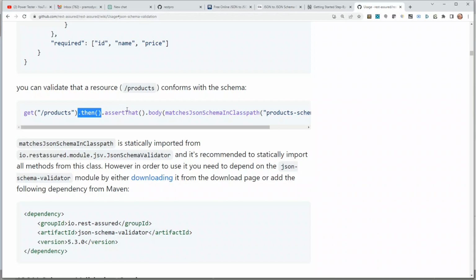And then you can specify the body, and then you can pass on this method as a static import where you specify the path of the file. So if it is in the class path, it should be able to pick this file, and it should be able to validate the response. Now, which files are in the class path? Any file which is present in the resource repository would be in the class path. So what we can do is